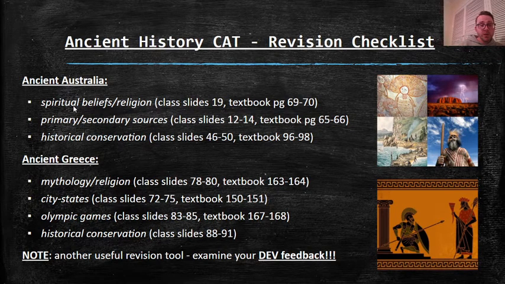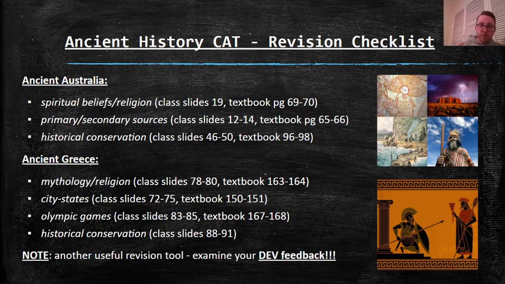So for Ancient Australia, you want spiritual beliefs, primary and secondary sources, obviously, because it's a source analysis, and a little bit on historical conservation. So that's stuff we looked at about Lake Mungo, Mungo Man, should we be protecting or giving these artifacts to museums, etc. For Ancient Greece, again, you're looking at mythology and religion, so looking at the gods, the goddesses,